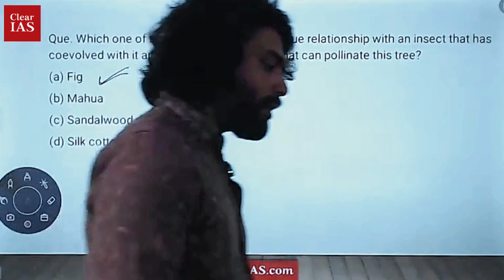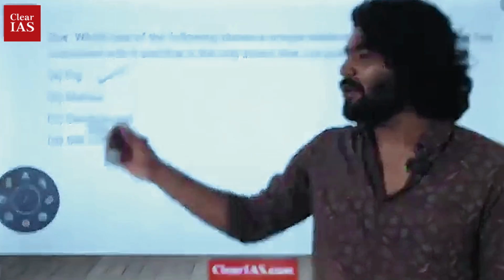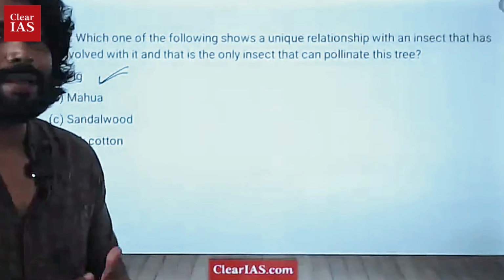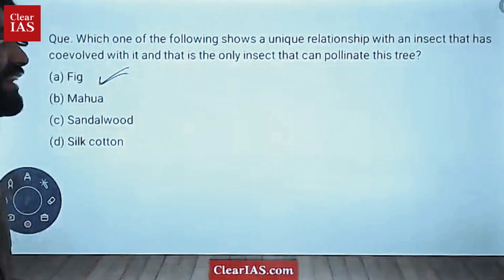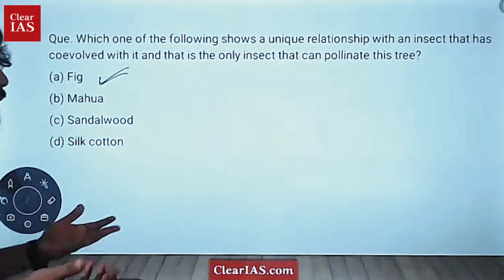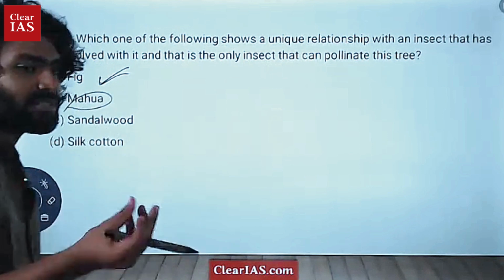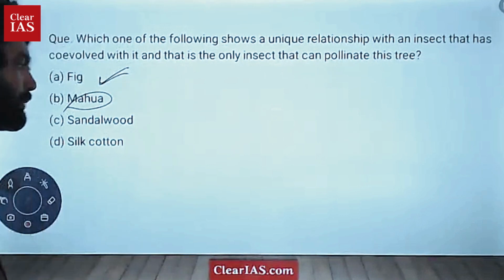I'm talking about before I actually searched for the answer. I went to fig just simply because fig is a fruit. There is a natural tendency that insects and fruits could be attracted. The answer is fig, but this is not a very trustable logic. But somehow I got it correct. And after that, when I searched, Mahua also has some kind of relationship with figs. So not very trustable, but I got it right simply by that.